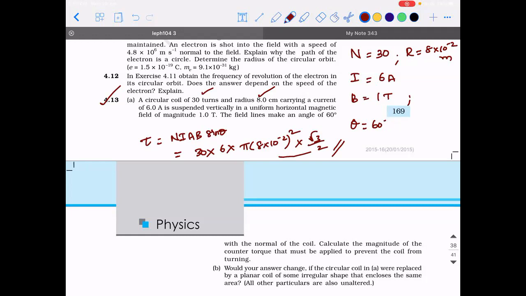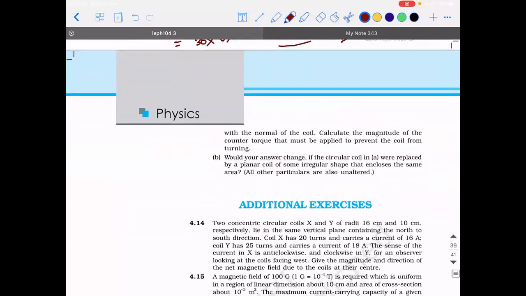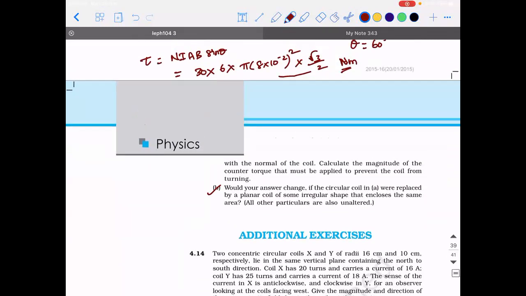Those many Newton meter, don't forget the units, okay? You lose marks in your exam. Those many Newton meter is the answer. Sir, can we keep pi as pi or should we convert it? Pi is 3.14. They take that value and convert it. You have to do it. So I left the calculation part to you, okay?